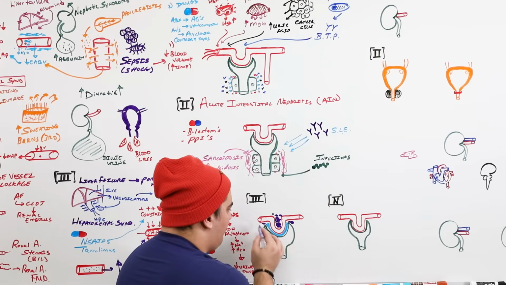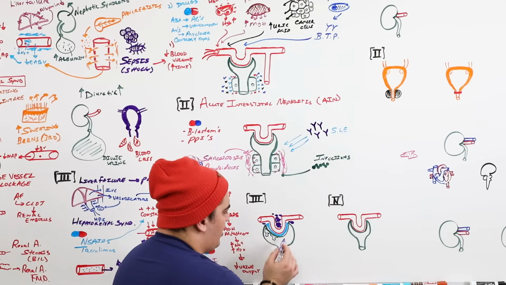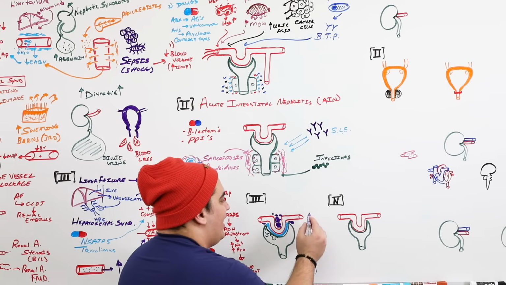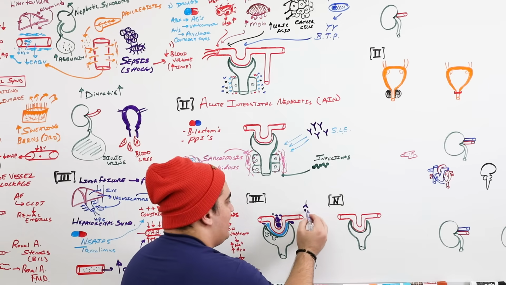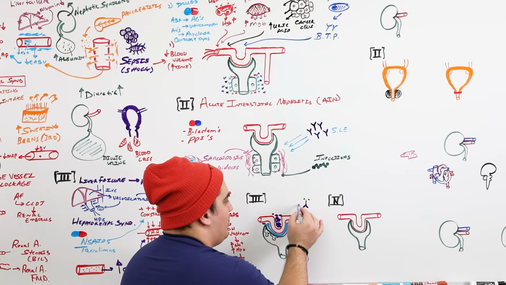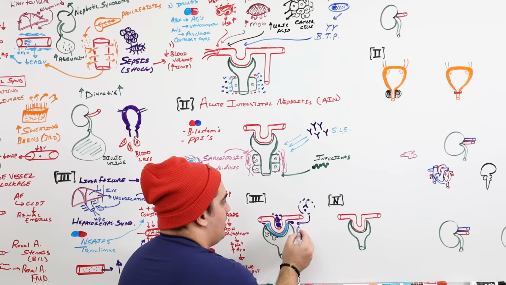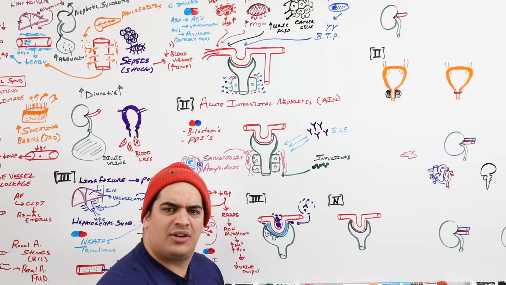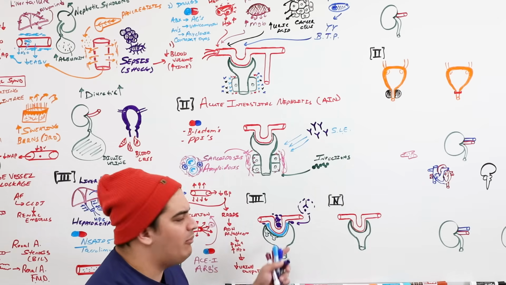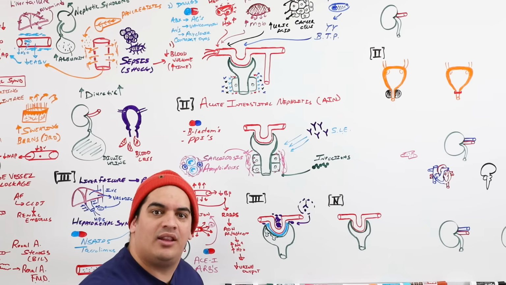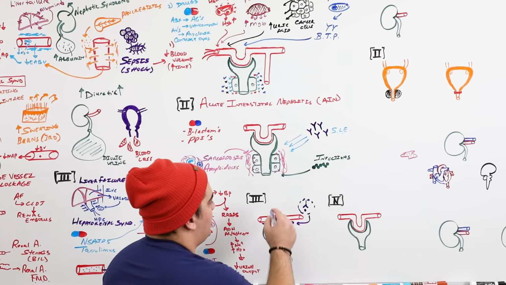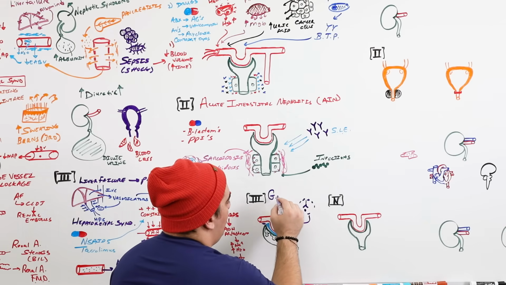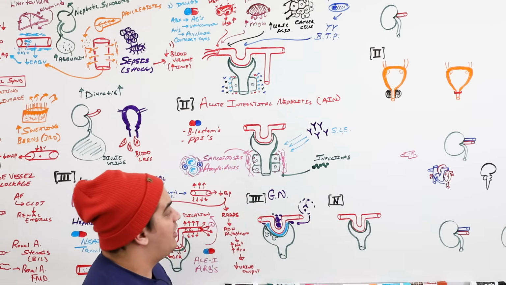Inflammation of the mesangium, inflammation of the glomerular basement membrane, inflammation and damage of the podocytes, right? There's a condition where you have these antibodies and antigen deposition into these areas. It causes inflammation of the glomerulus, the glomerular basement membrane, the mesangium cells and all those accessory cells. We call this glomerulonephritis. We're just going to represent that as GN.